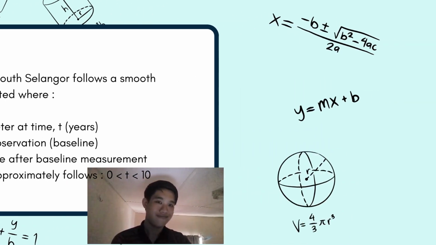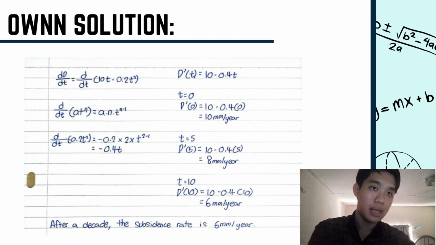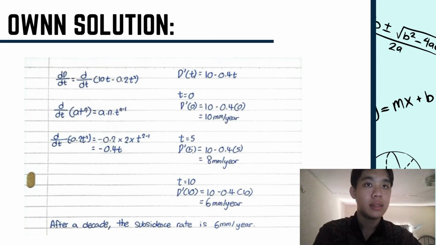That's all. My own solution is exactly the same as ChatGPT's, which is d over dt